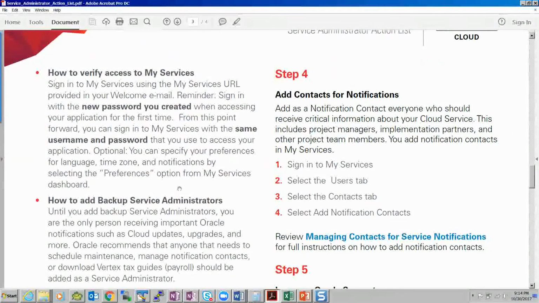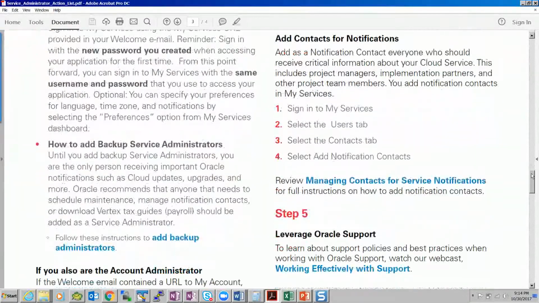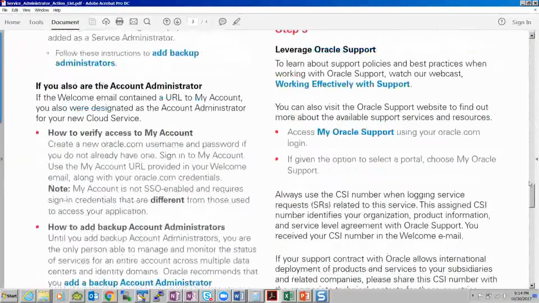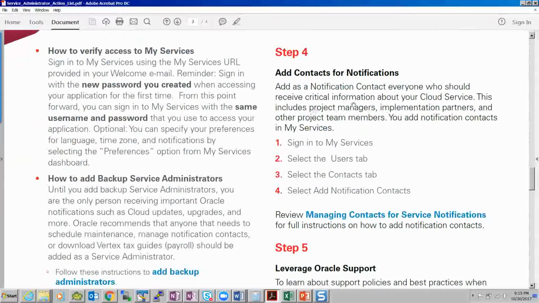It will be there in, it's not a Fusion application, it's in that My Services portal. It is self-explanatory. And again, step 4, add contacts to the notifications. In case you are the administrator, you add a backup administrator, and if you need a notification sent from Oracle, it's